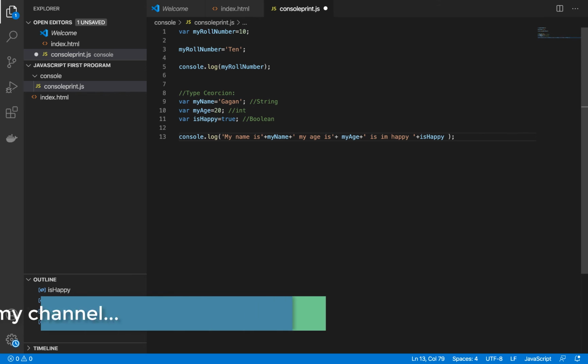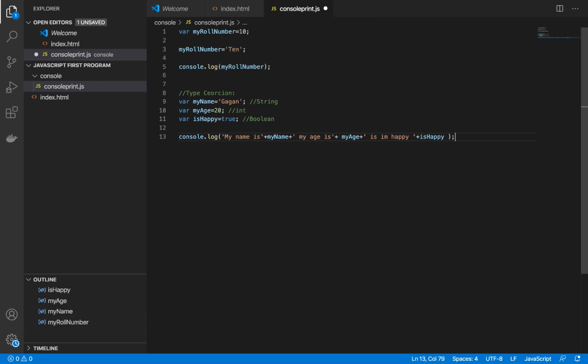A similar thing can be achieved in different modules, using different methods and different functions. We will see in the upcoming videos how exactly we can use type coercion in our day-to-day activity while making a website, or while doing any backend activity. So that's it about type coercion and variable mutation.